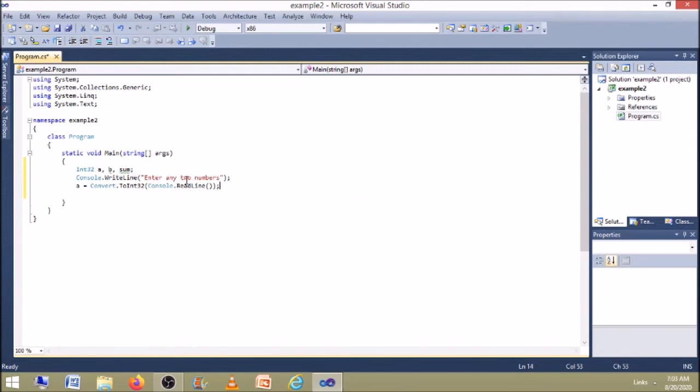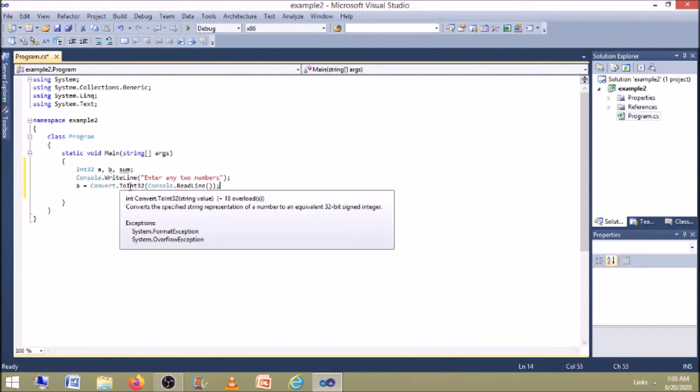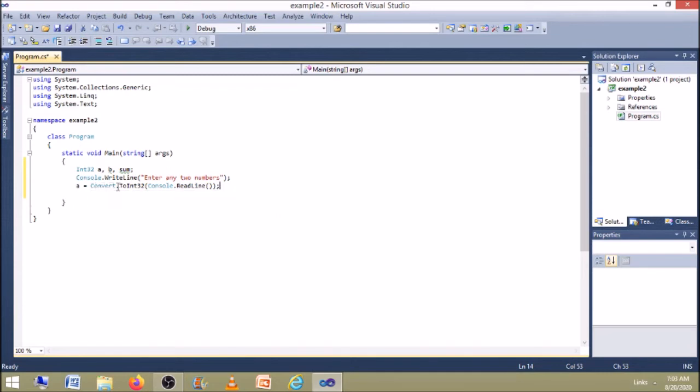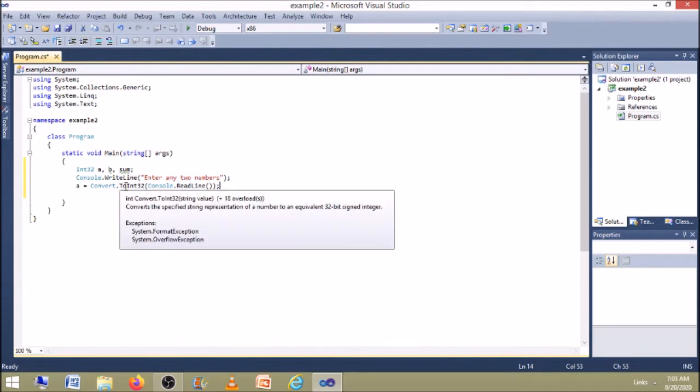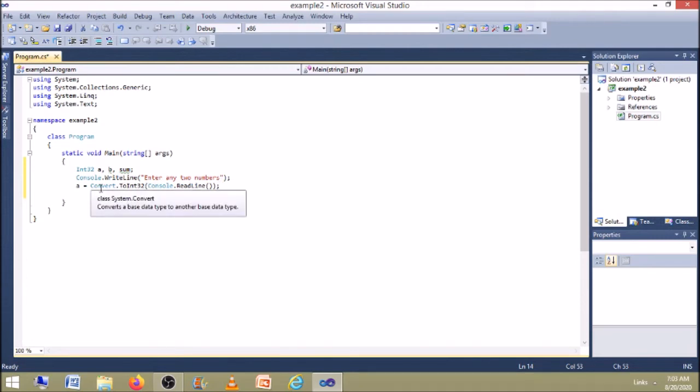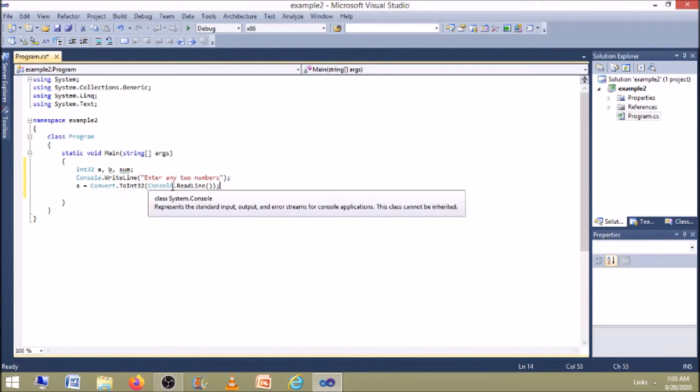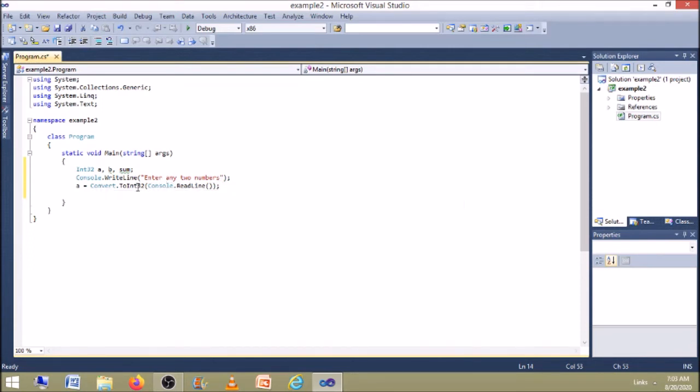The statement can read a value from the user, but it will be in string format, and we need it as a number. For that, the received string should be converted into integer type using Convert.ToInt32. Then the value will be stored in the variable a.